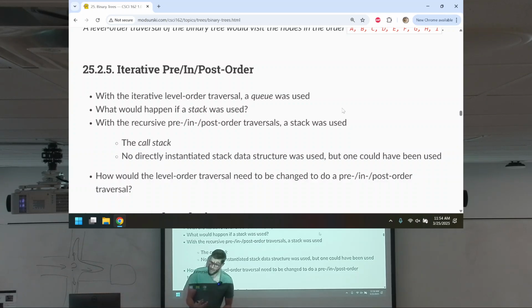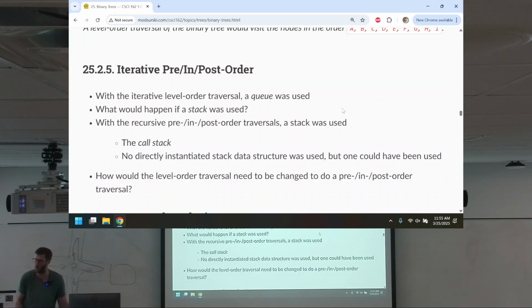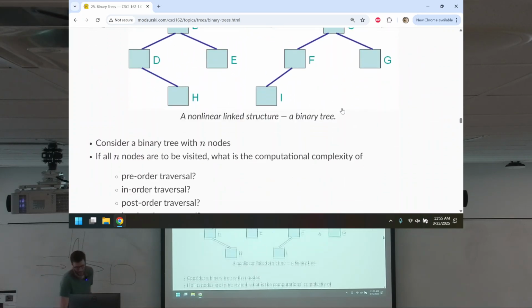Point being, different strategies. Assignment 3, the A star, was a variation of a breadth first search. Queues are really handy for breadth first searches. Now, A star has a little bit of intelligence to it in that it wasn't a pure breadth first search. It had this breadth strategy where it would look at the next thing, but it had priorities. So it would try to prioritize things that were closer to what it thought the output was, right? So if we're here,